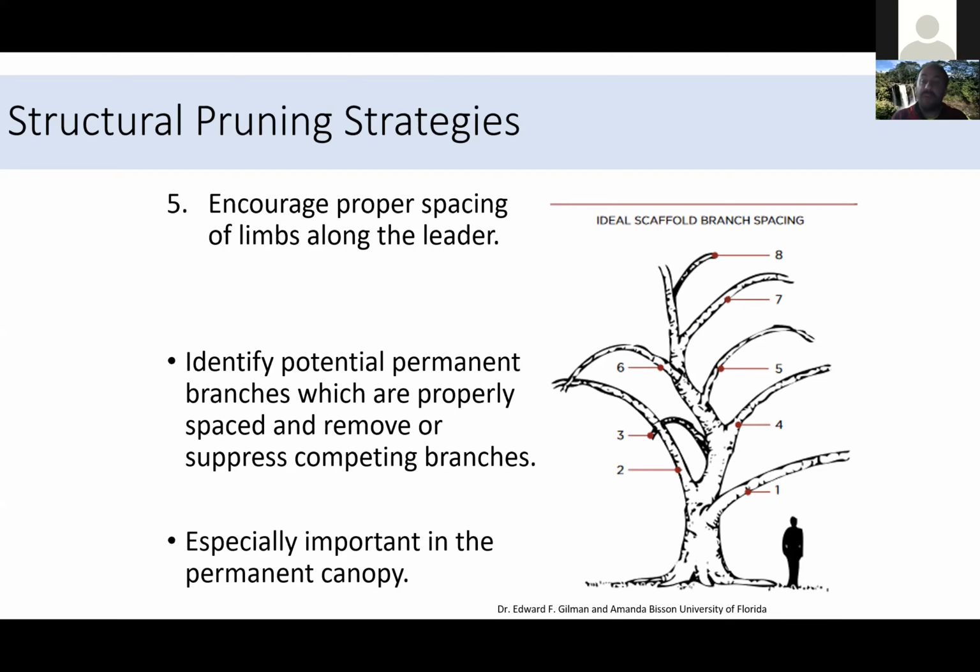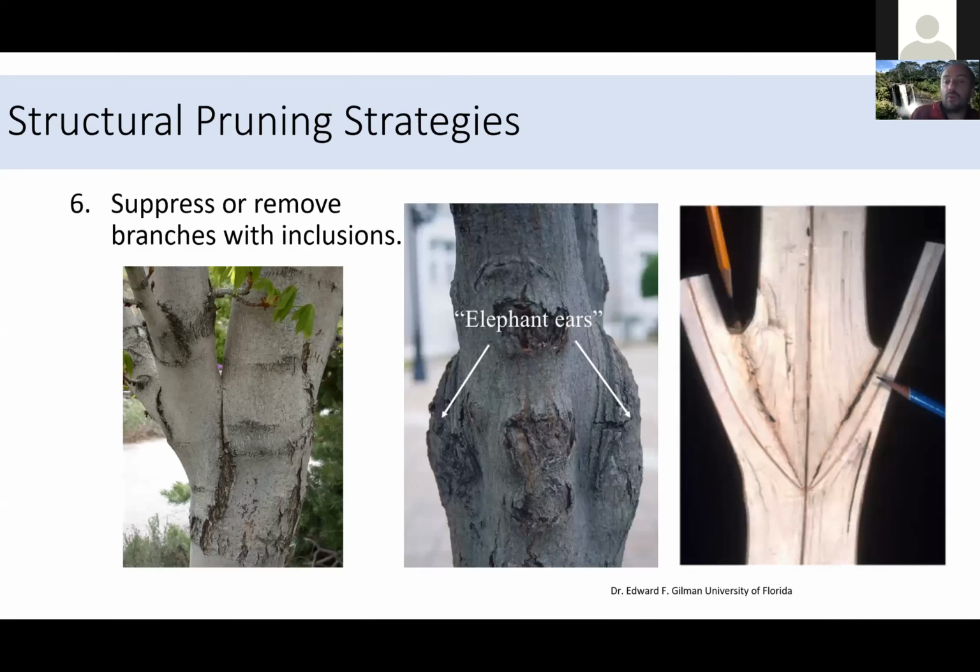So finally, if we have any pruning budget left, we're going to deal with obvious structural defects like included bark. We refer to this as inclusions. So included bark is literally when bark is included in the union of two branches. And the best picture I've ever seen for showing that is this one on the right. Here we have a normal connection. There's no collar forming here, but I don't know why. But between these two branches, a normal connection. The wood between the two branches is connected, and there is structural connection along the whole length of the union.